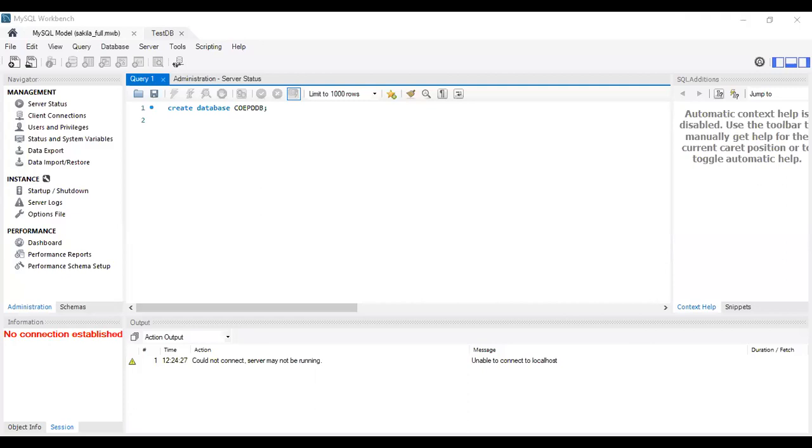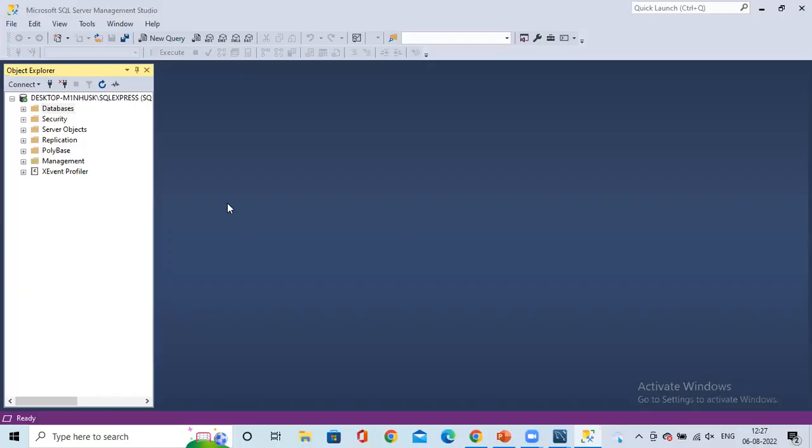Okay. Just for your understanding, I have opened this. Now what I will do is, do you see this left side? I have all this: database, security, server objects, application, all this. Do you see this left side? Yes, but from where you opened this, I did not see. This is MS SQL Server Management Studio. This is what I have installed. This is the same as Workbench. This is also the same. Okay.